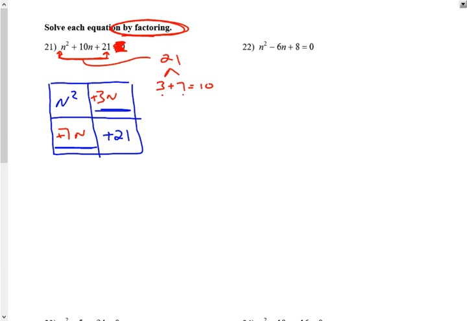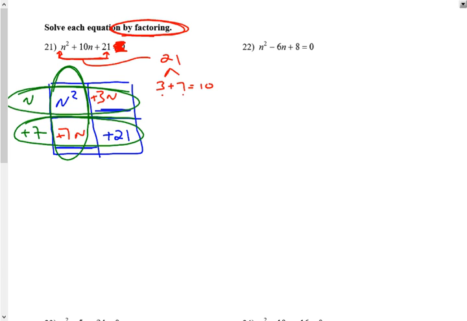Now, if you recall, to actually factor this, we're going to find greatest common factors of each row and each column. So right here, the greatest common factor of 7 and 21 is positive 7. Right here, it is n. Right here, it is n. And here, it's positive 3. So that means factoring from chapter 7, the factors of this would have been n plus 3